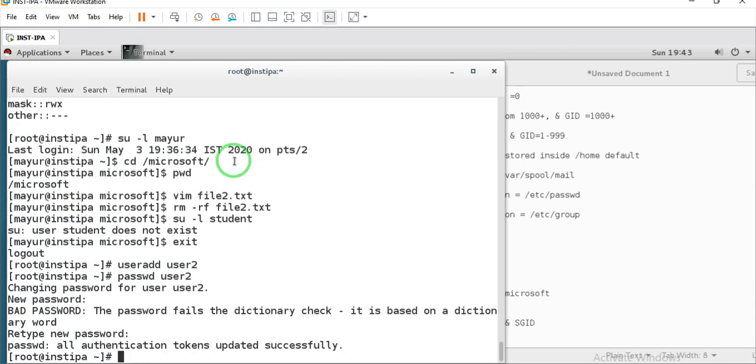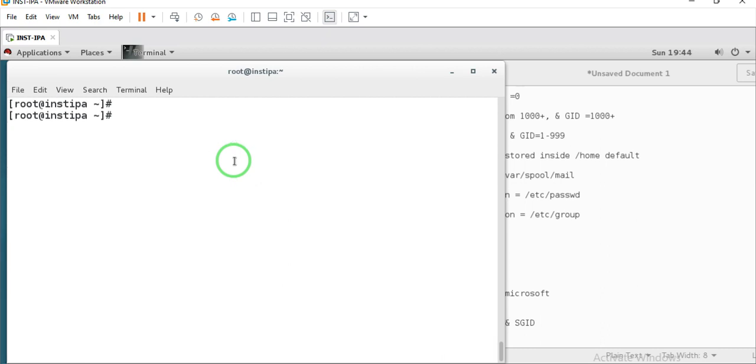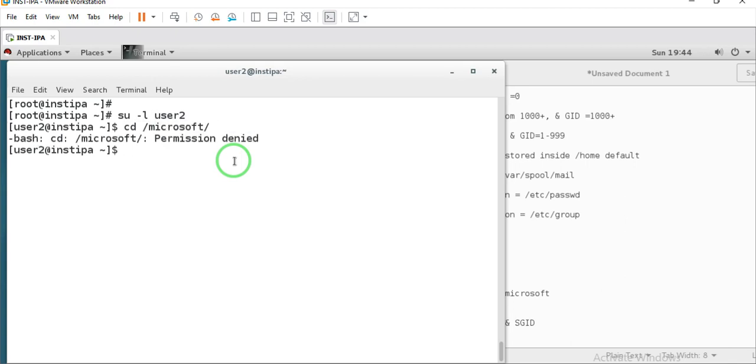And also let's make him the member of rel. All right. Now, if I switch to user 2, and if I try to change the directory to Microsoft, I don't have permission because I'm a group